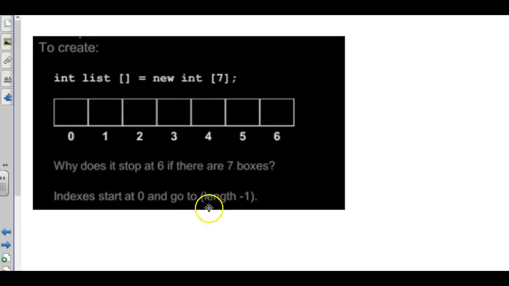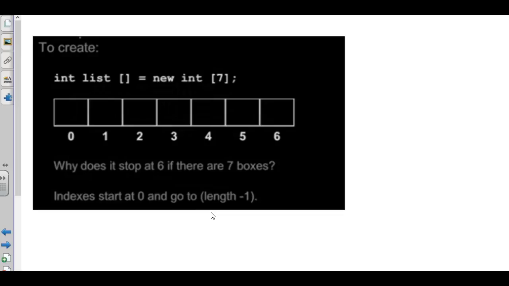So we go to the length minus 1 if we want to get to the last box. It's the length minus 1, which will be important for us in code. When we're trying to traverse the array, we have to know that we're going to traverse all the way through the length minus 1. Now, how do we get to the length? Well, the length is a property. It's a piece of data, right? It's information. It doesn't have to do anything to know its length. There's no action. So in order to get the length of an array, you would do the name of the array,